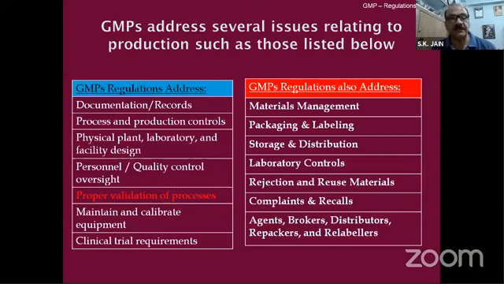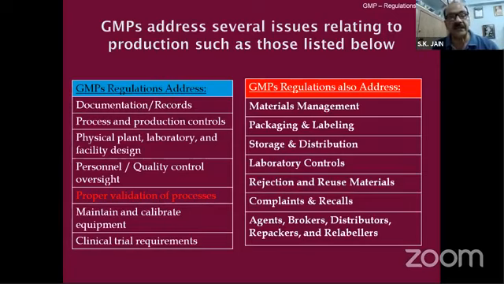Then it applies to process and production control, physical plant, laboratory, and facility design, which is related to the premises where the product is manufactured, and personnel quality control oversight. Personnel means the workers who are working there for the production of the pharma product. So in personnel also, we must apply